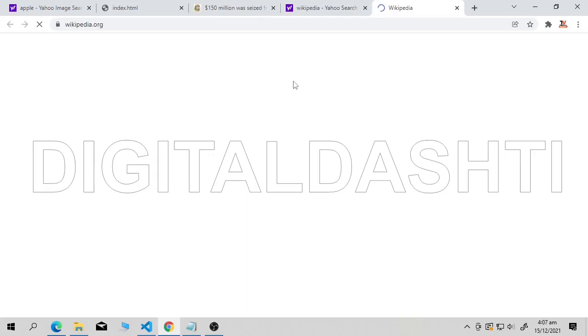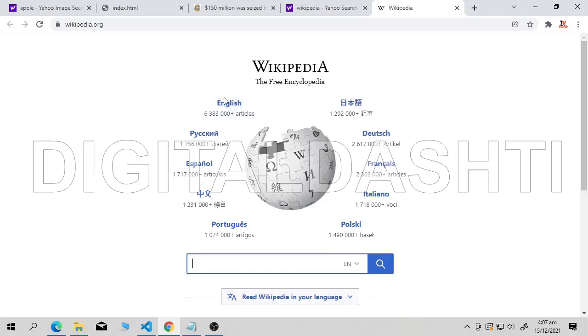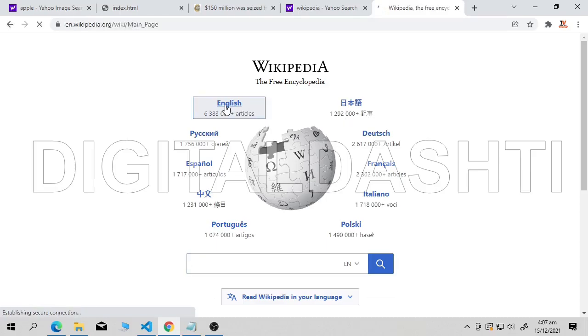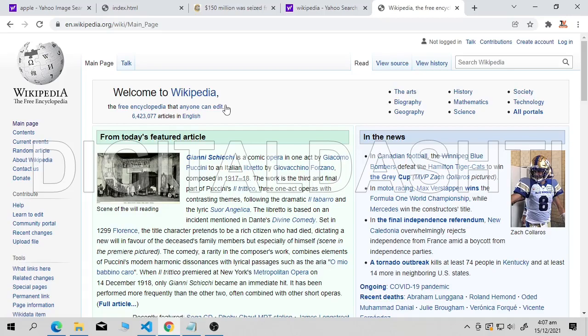Now I will show you an example of HTML links, then I will tell you how you can use it in your coding. Finally it's completely loaded. So what are links? As you can see, my cursor is on English. Keep your eyes here. You can see the link is showing me here. As I click on this, it will redirect me somewhere. Got my point? This is an HTML link.